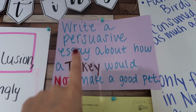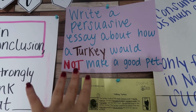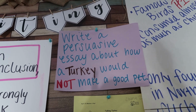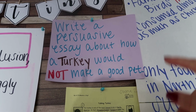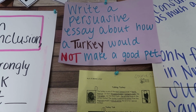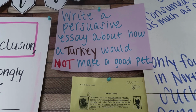So I introduce the prompt. Now I wrote this. I want it to be very simple because this is our first opinion writing. It's a very simple prompt. It's to the point and it's telling my 5th graders their viewpoint. It says write a persuasive essay about how a turkey would not make a good pet. So their mindset is they are trying to persuade me, the reader, how a turkey would not make a good